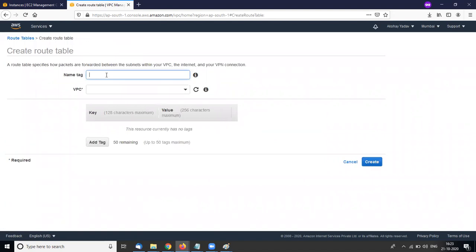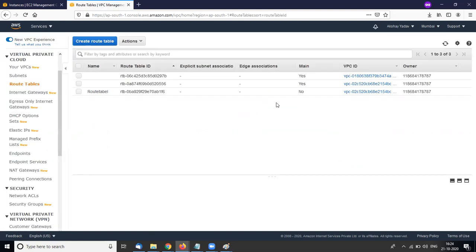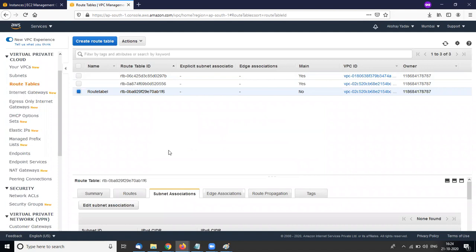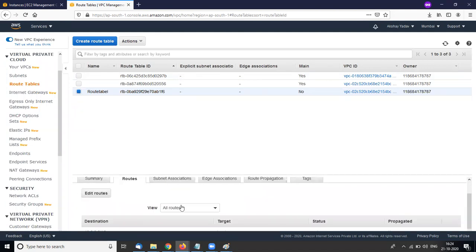Create route table, VPC is my VPC, and just create. So my route table is created. Here you can assign your routes.